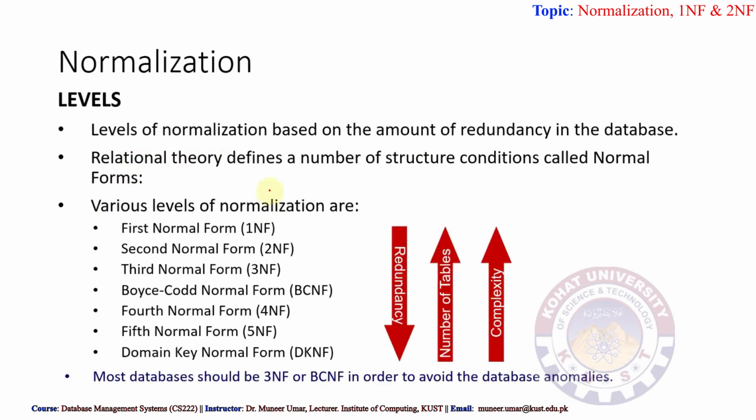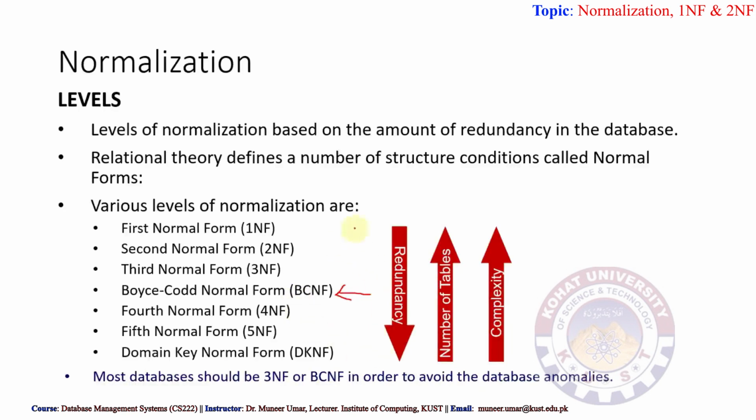Then we have levels. Actually, there are 6 levels of normalization, and also we can say that the 7th one is the domain key normal form. We have first normal form, then second, third, and this one is 3.5, BCNF. Actually, in most cases, when we get the third normal form, this normal form is achieved automatically, but